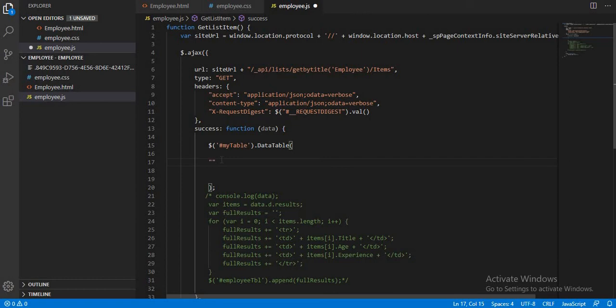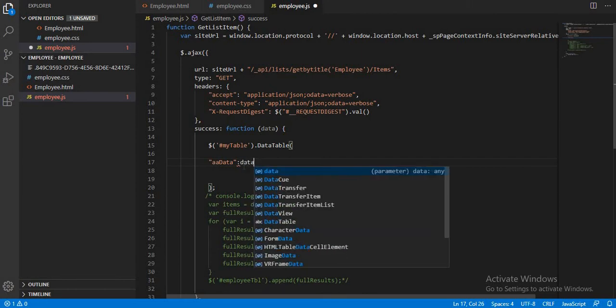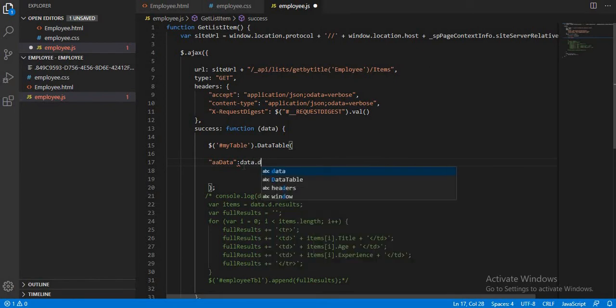The first thing we need here is aaData. This means we are getting all our data in JSON format in data, so we are passing that data to our aaData field. Here you can pass data.d.results, since those are our results. So now we just paste results.